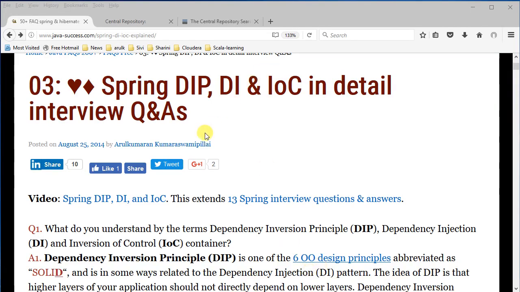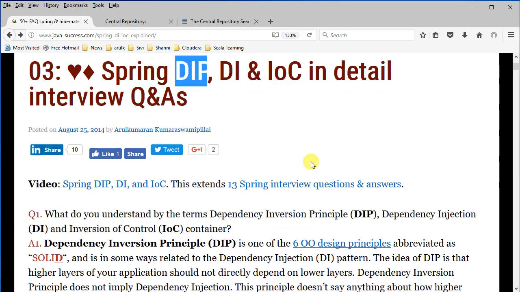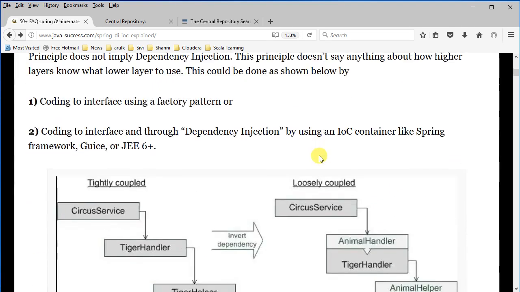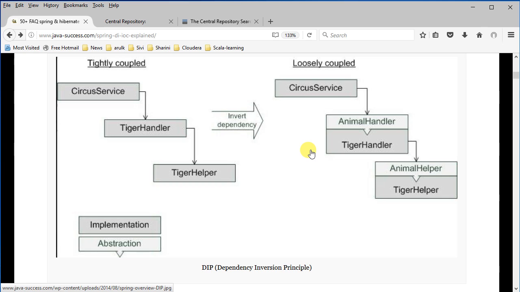In this tutorial, let's look at Spring as an IOC, inversion of control container, and then how dependency injection works. Before we look at Spring, DI and IOC container details, we will first introduce you to the dependency inversion principle, which is important to understand, and it is one of the SOLID design principles, and how it helps us loosely couple